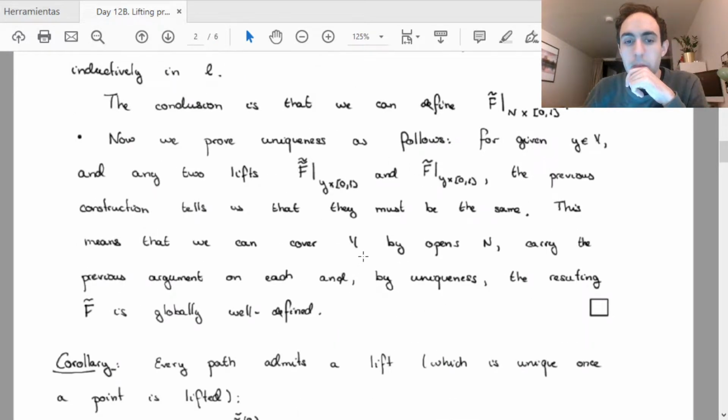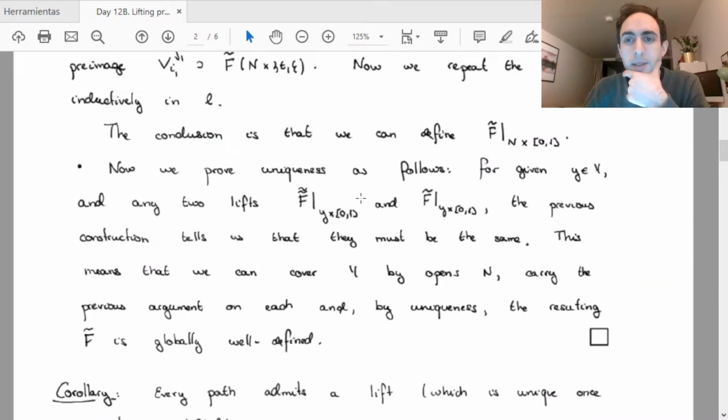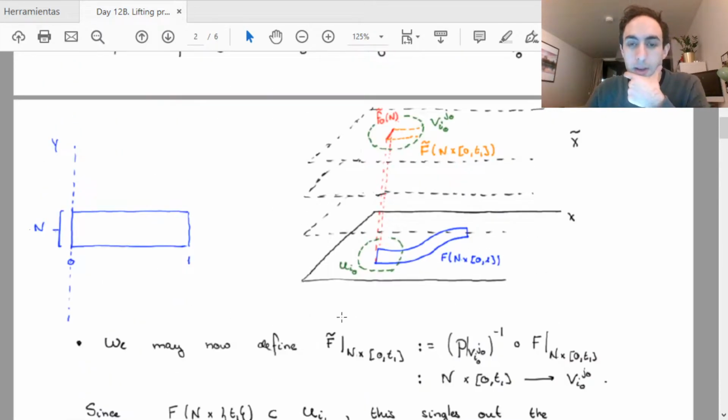So first we make an observation about uniqueness. Let's imagine I have two of these segments. I have this segment y times [0,1], and I have found two different lifts of it, f tilde and f tilde tilde. Well, if you run the process we just did, comparing them, what you will see is that f tilde and f tilde tilde must agree. And the reason for this is